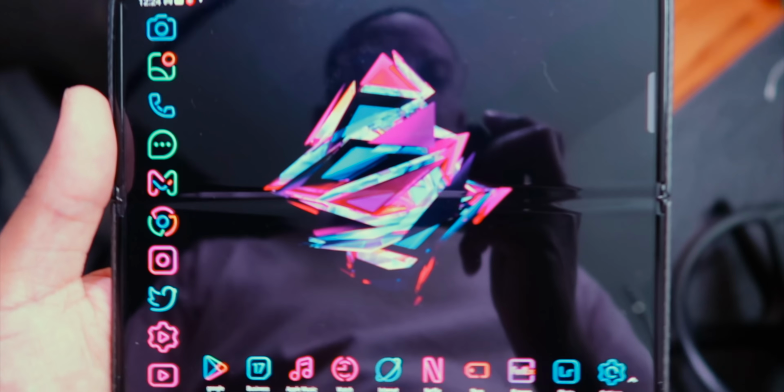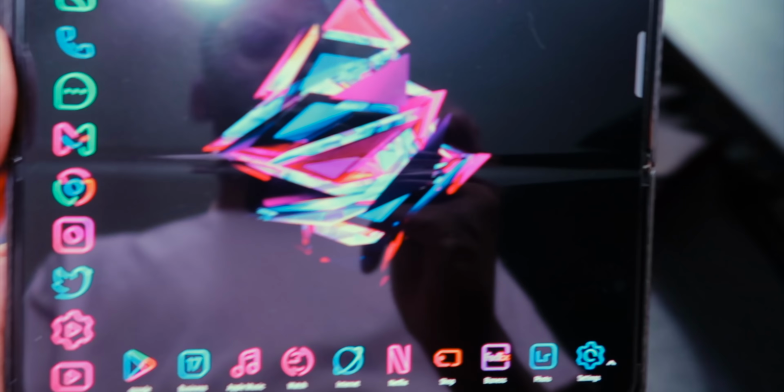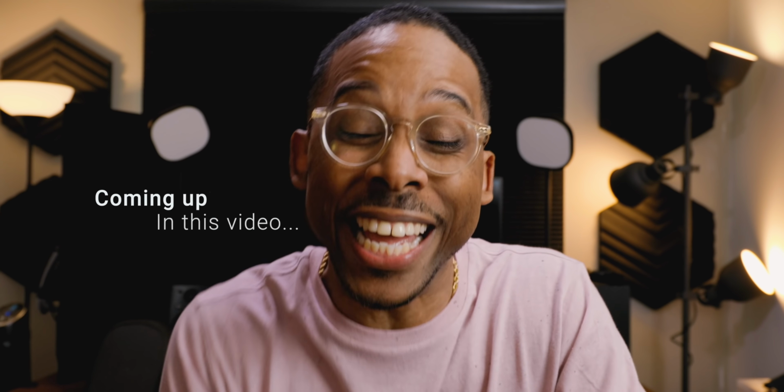This thing looks beautiful though. Hold up, player. Y'all gotta cut it out. You wrong. You so wrong. I can't believe that I'm gonna even fix my mouth or my lips to even say this. As a Samsung diehard Galaxy Note user, once a Note user, always a Note user, the Samsung Galaxy Z Fold is,